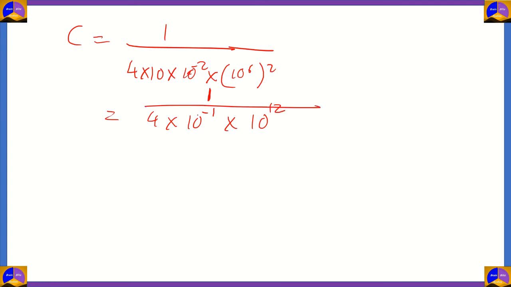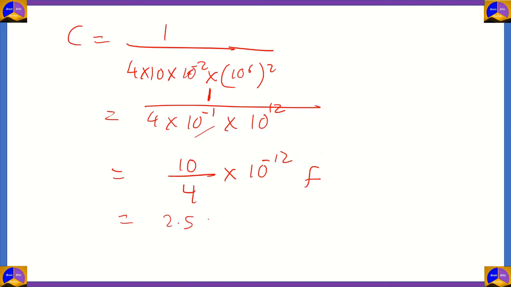Now all of that was the denominator. So now we're taking this 10 raised to minus 1 to the numerator. So it becomes 10 divided by 4. And when we take 10 raised to 12 to the numerator, it becomes 10 raised to minus 12. And the unit for capacitance is farad. So 10 by 4 into 10 raised to minus 12 farad. So 10 by 4 is 2.5, and 10 raised to minus 12 farad